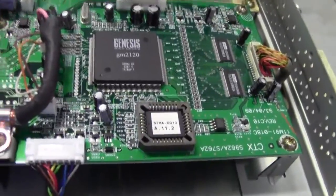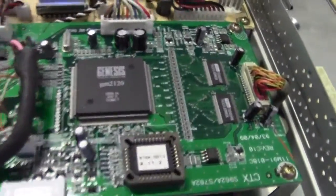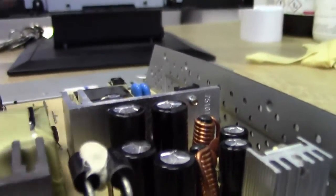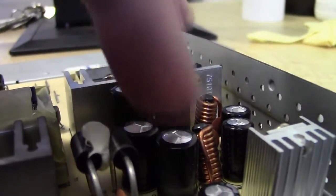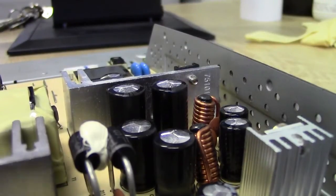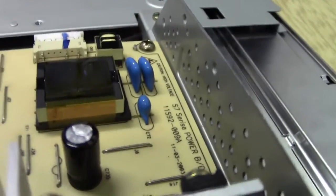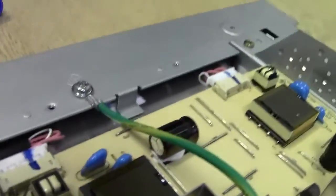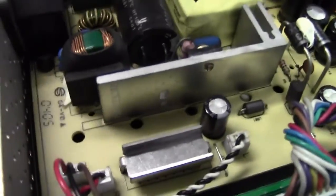Okay, so like I said here, this is our main processing board. Over here, this is the power supply, this is the culprit, and these are the culprit components. So I don't know if you can actually see that from that angle. Okay, but you can actually see the top of these are actually bulging. If you compare those couple there with say that cap down here, you can tell it's a nice flat top, no sign of any venting or anything like that. Likewise with that one sitting down there,